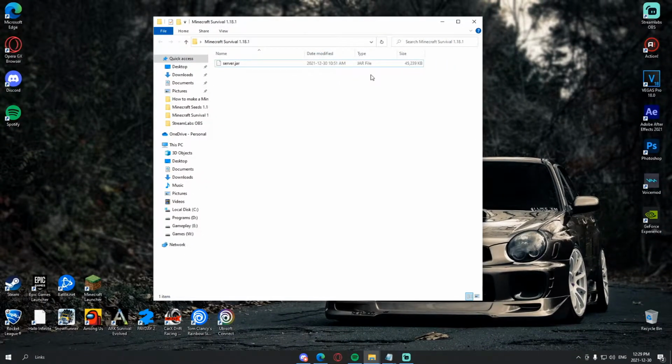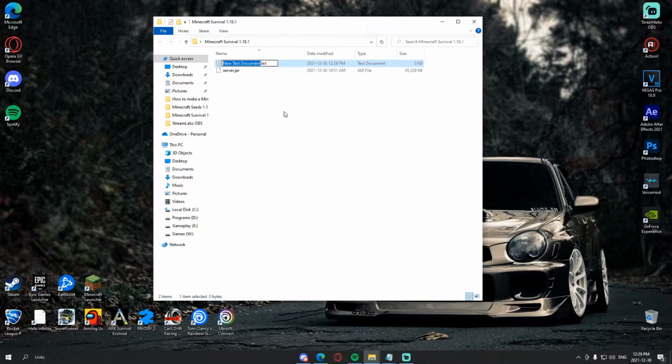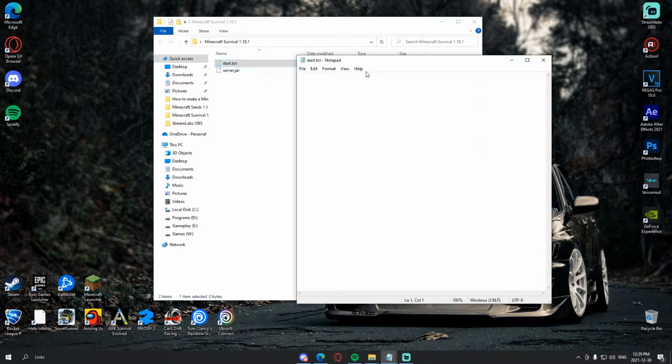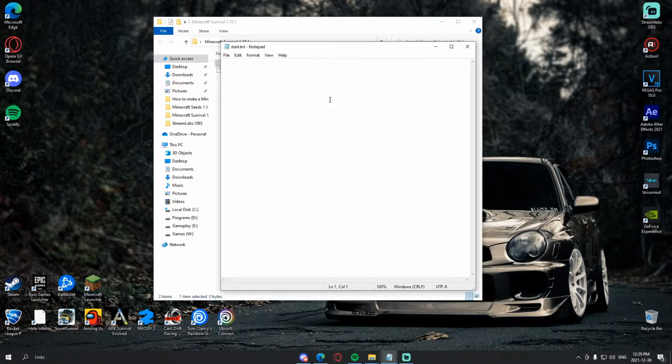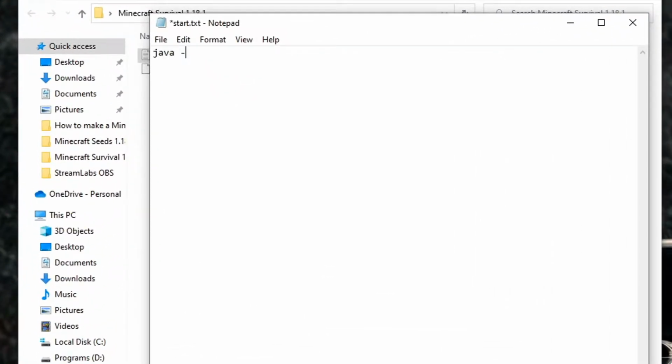Now we're going to want to create our batch file. To do this, we're going to make a new text document. So right click, new text document, and we're going to name it start. Now we're going to open it up and set the command and amount of RAM for the server. To do this, we need to type the command java -Xmx2048M. Now we're going to want to type